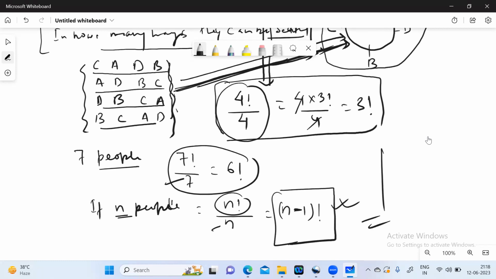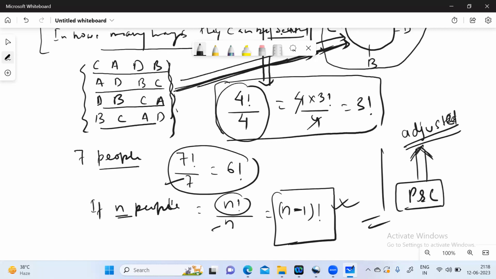So basically, these are the basic difficulties that you usually get. And there are some more complexities in the problems, which you can derive the solution for by yourself. Because here you can see in all these examples, we basically did nothing but adjust the change. So if you start learning how to adjust with the problem, then the PNC chapter will be very easy. I'm not expecting you to learn it in a day, but once you try doing questions,